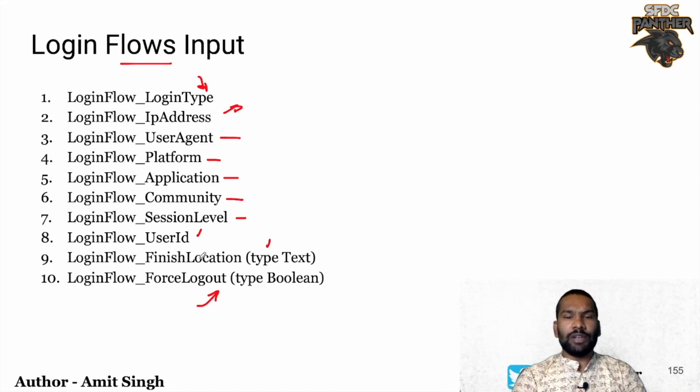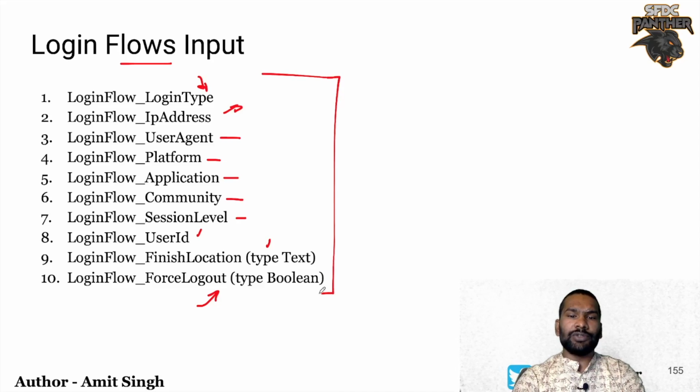is a boolean variable. Say that if the user enters an incorrect OTP 3 times, then what we can do is force a logout. We can set this variable force logout to true and the user will be logged out, right? So these are some very important variables that we are going to use in our